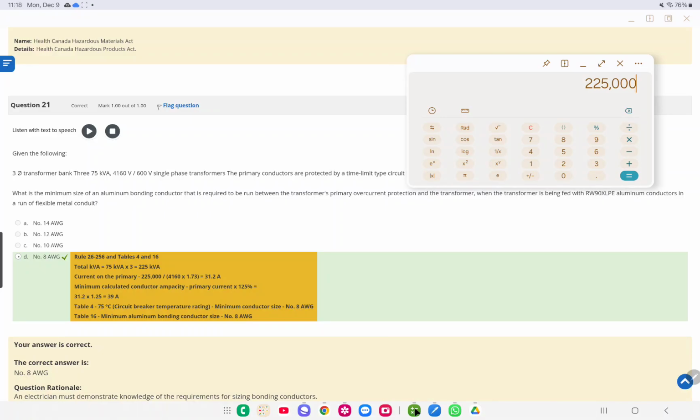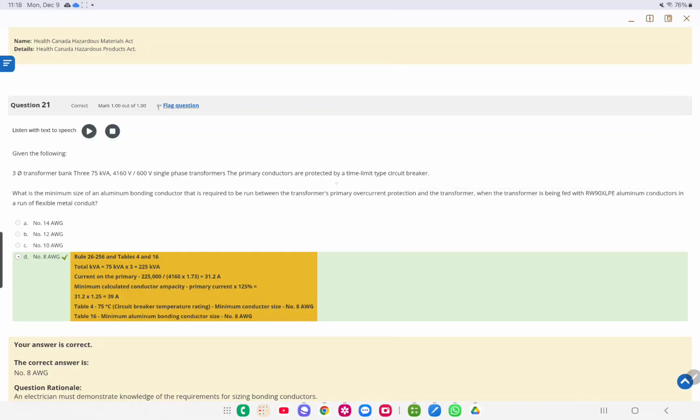We're going to divide that by the primary, which is 4160. And we'll also divide that by 1.732 because it does state that it is 3-phase. So now that we have our FLA, our amperage,